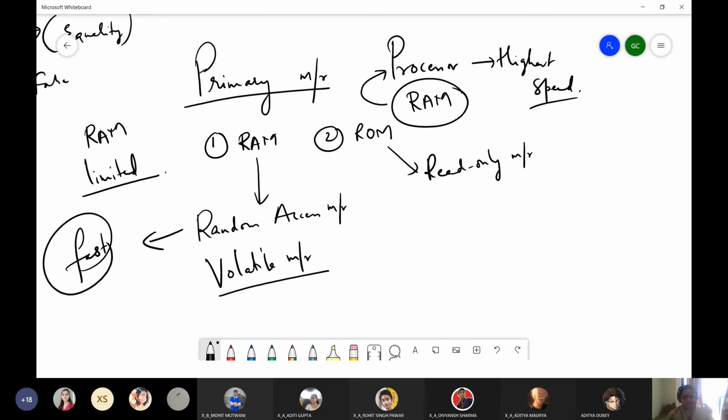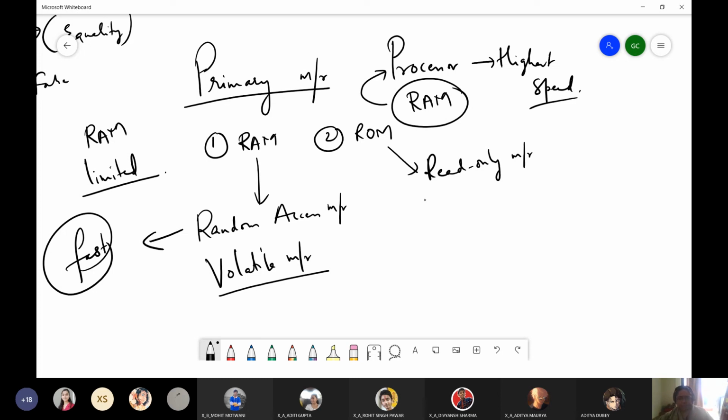Okay. Which can store exactly 1 bit at a time, provided electric charge is provided to it, and the bit data is retained till the time the charge remains there, right? So dynamic RAM has to be refreshed multiple times. Dynamic RAM is used as RAM, that is DRAM, and static RAM is used as cache memory on our systems. Cache memory is the memory which stores the recently used or accessed applications, right? More detail we will study in the upcoming topics.